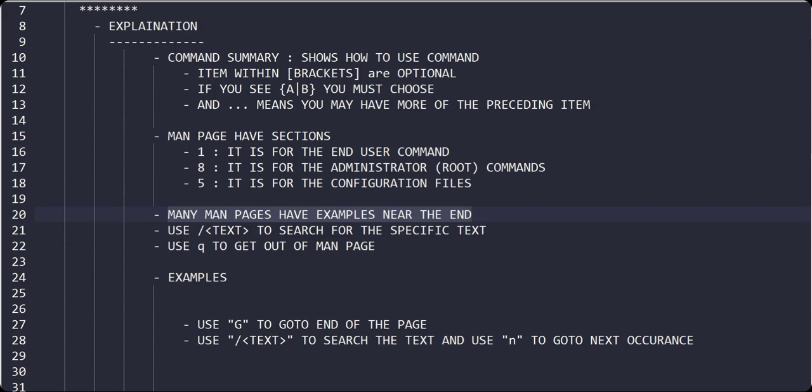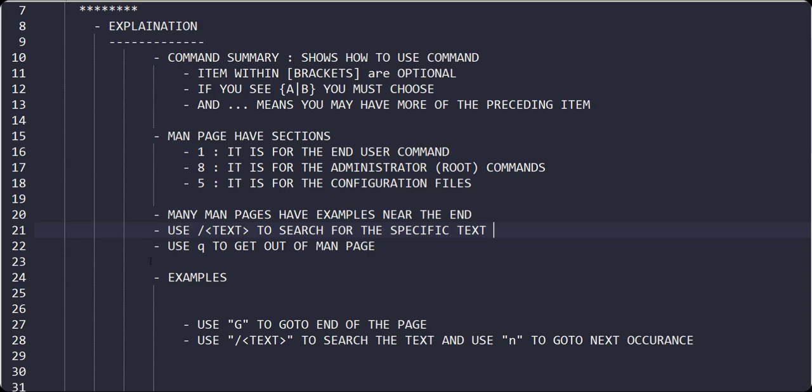You can also search the man page. Let's say the man page is 1000 lines and you do not want to keep scrolling to find a specific keyword. You can use the forward slash and then put the text you want to search. If you are searching for the text user and there are multiple occurrences, you can use n to go to the next occurrence.